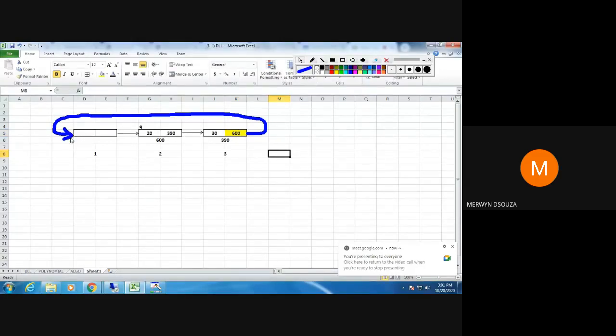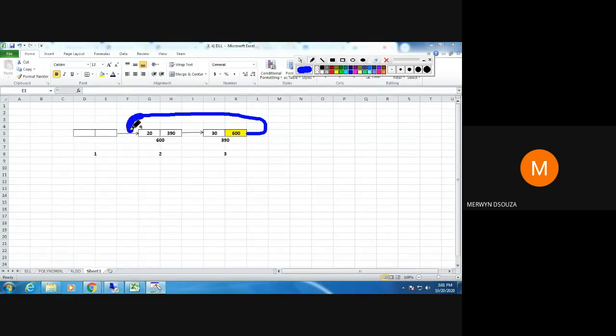That means this part, instead of being here, will now point like this. So you should have 600 here. Like that you have to take care of these various conditions.